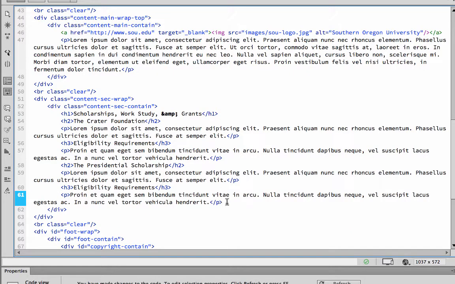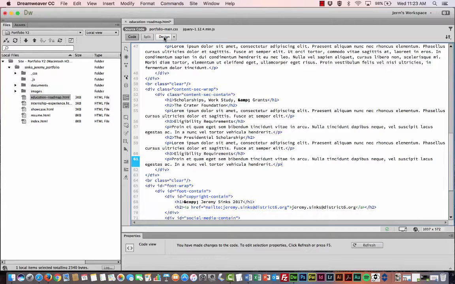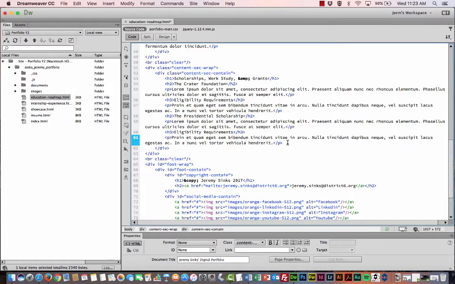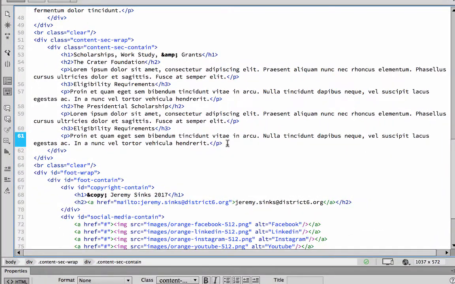Paste that in there, and so now I have my two pieces going on. I have Creator Foundation, eligibility requirements. We are going to have to do some styling, I can see that already, but not much. Looks like we have some spacing things that we want to work out. So I have the Creator Foundation, the Presidential Scholarship, tab over a little bit here, and I'm going to hit